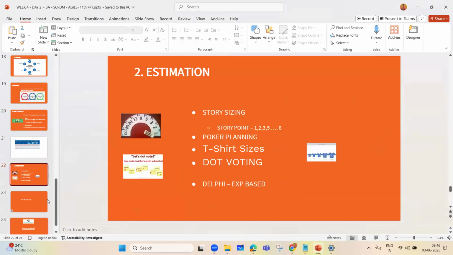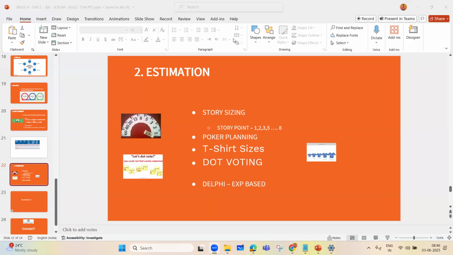Now coming back over here, what happens before even the sprint planning meeting? You need to understand that every single time the backlog health has to be maintained. When we say backlog, what do we mean by backlog? It's the requirement, unfinished work. Yeah, unfinished work. This is the to do. So it has to be groomed